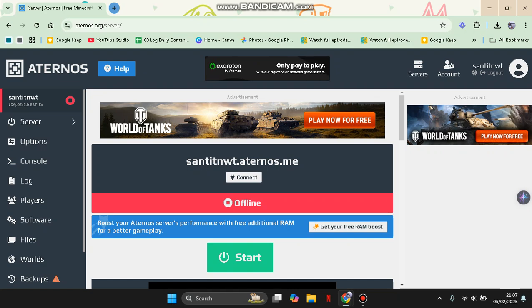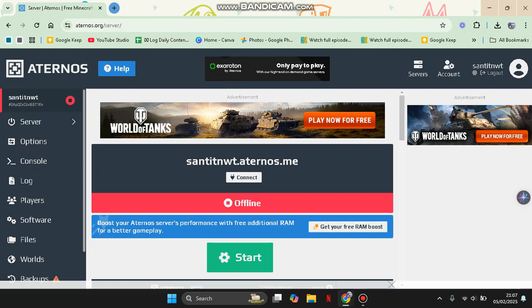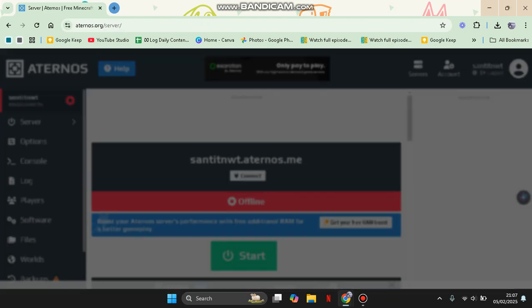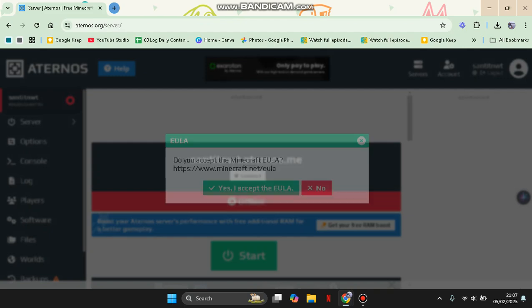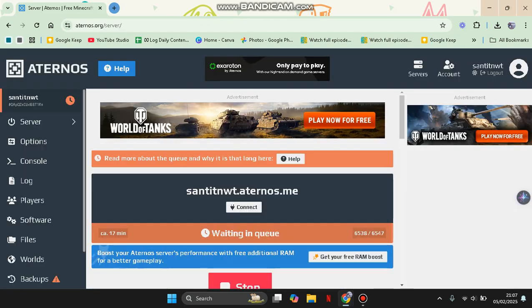First, open aternos.org, go to your server, and start your server. Click on Start in here. Just wait until your server is starting. Okay, so now